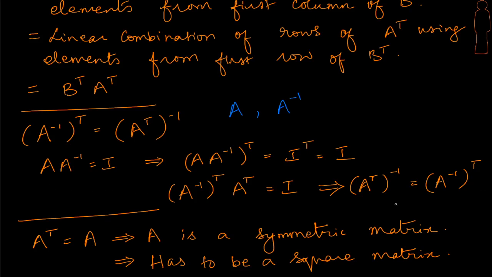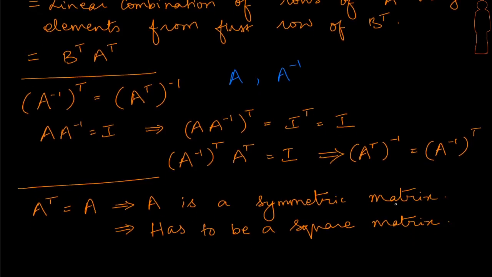Okay, so that's another interesting property. Now we move to another property of combining the transpose along with the original matrix and checking if they are the same. If there are matrices where the transpose and the original is the same, then we call it a symmetric matrix. So here it is. We are saying that if A transpose is equal to A, then A is said to be a symmetric matrix. But an obvious observation from here is that it has got to be a square matrix.